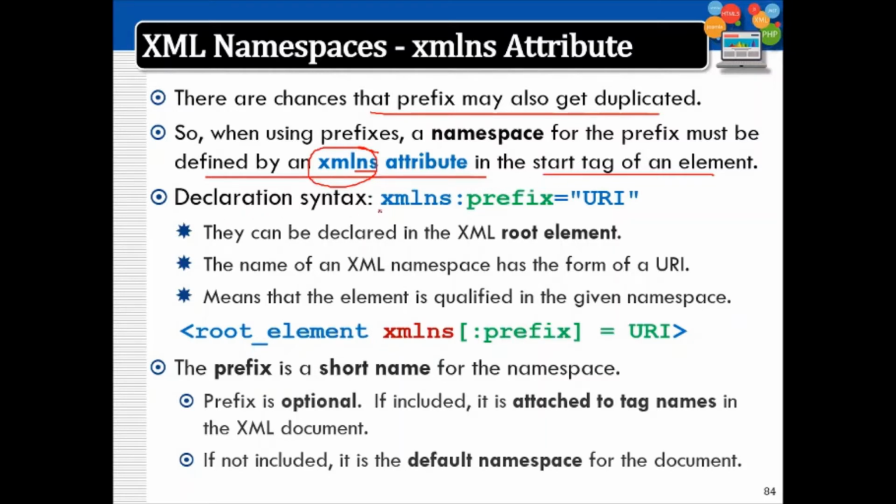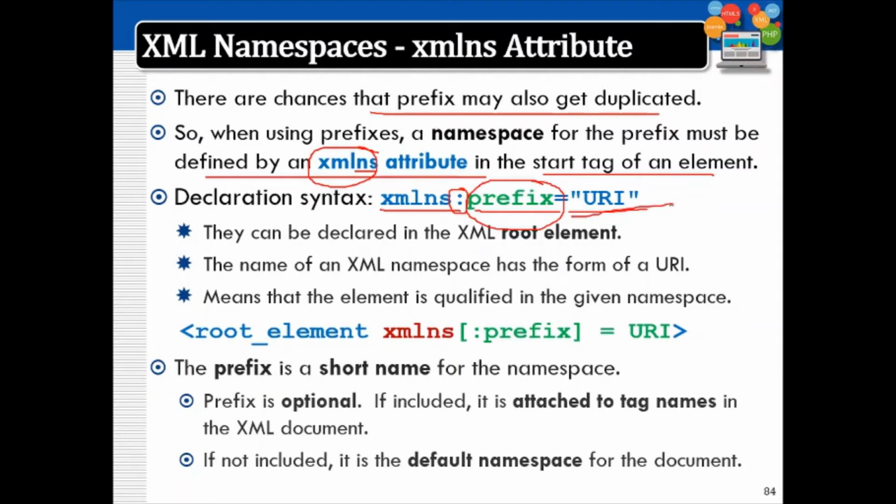So this is the declaration syntax: the attribute xmlns colon prefix. The prefix is qualified by a given URI. URI means Uniform Resource Identifier. It can be a URN or a URL. So xmlns:prefix equals URI. That means the prefix which we are using is qualified within the given URI.